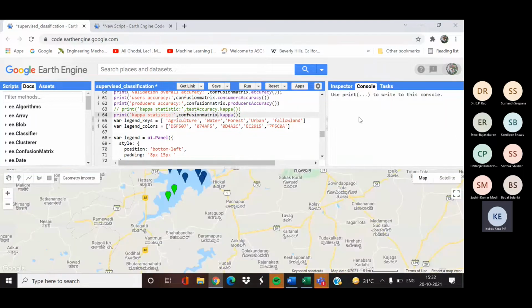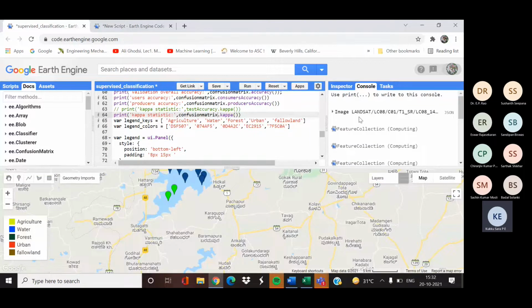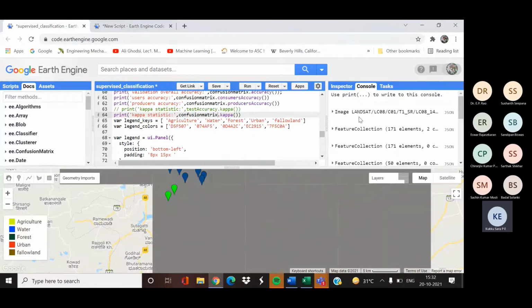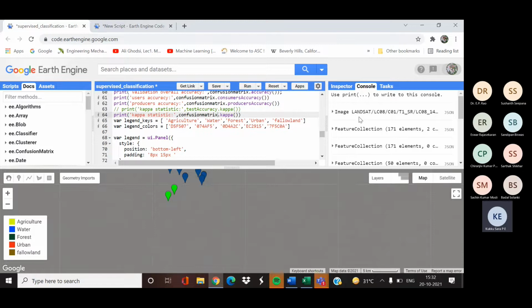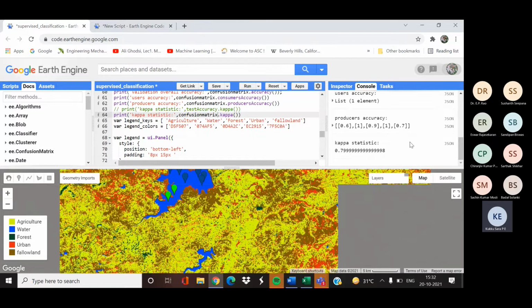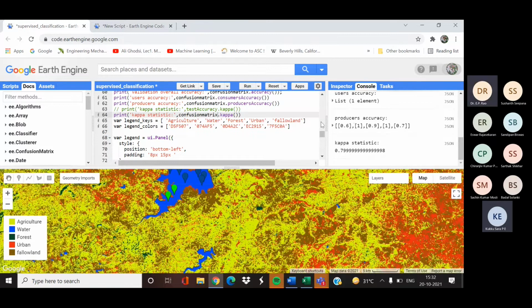That is based on randomly choosing pixels and simply classifying them, and compared to that, how accurate is our classification using our classifier. That is given by kappa statistics. So that is 0.799. So these are the different accuracy measurements we can estimate from this error matrix.